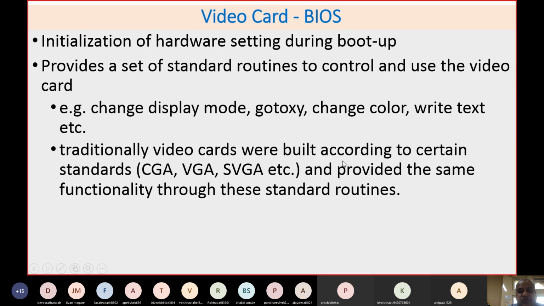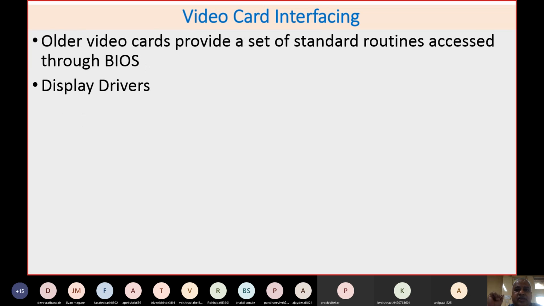Traditionally, video cards were built according to certain standards: CGA, that is color graphics adapter, video graphics array, super video graphics array, etc., and provided the same functionality through the standard routines. Video card interfacing. Nowadays, how do you do video card interfacing? There are two ways. Older video cards provide a set of standard routines accessed through BIOS. Nowadays, you don't need to go through the BIOS.